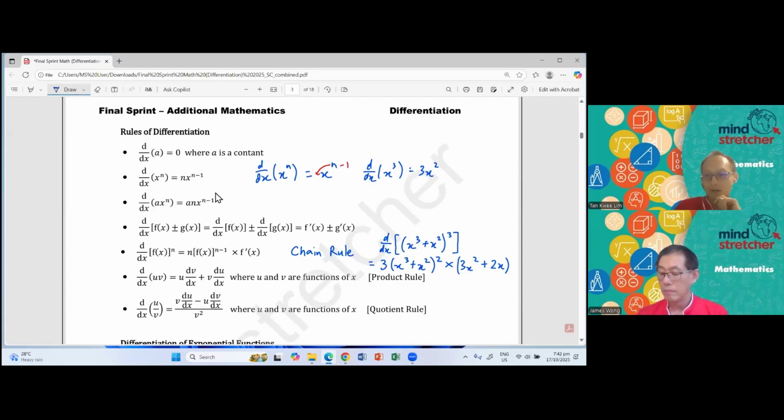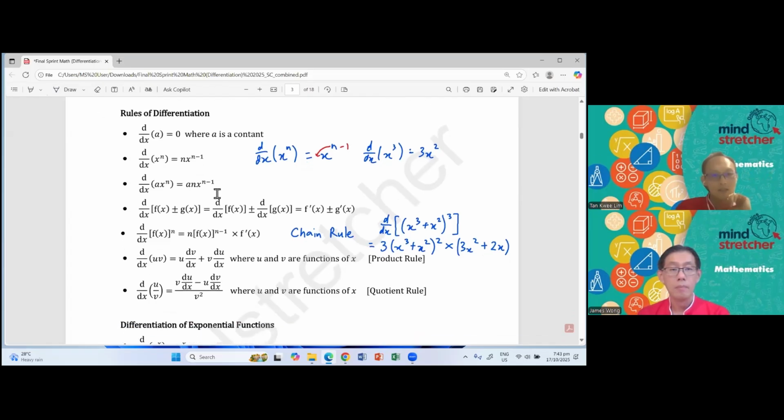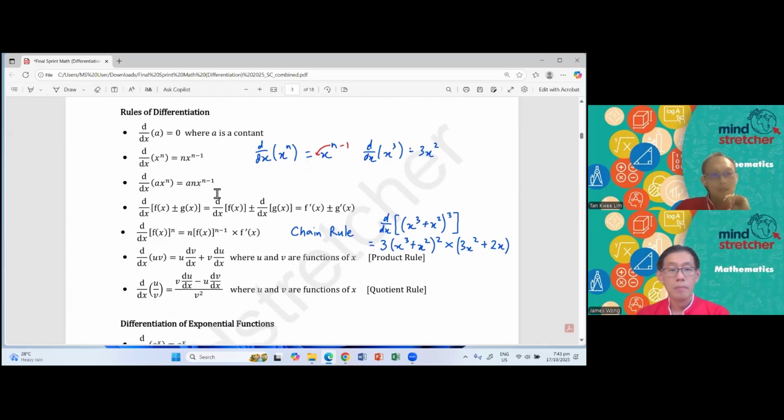So to simplify this, this is more or less a basic introduction for those who haven't learned it yet, and for those who have, it's just a recap. Then the next one that we have here is d/dx of uv. In the case that we have two functions as well,